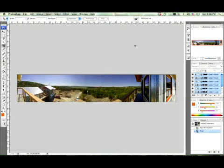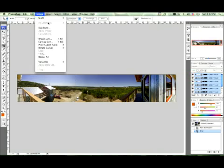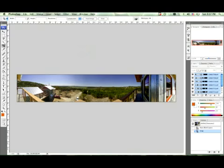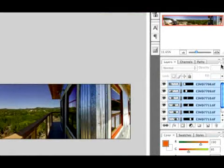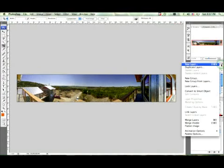Okay, so in this tutorial I'm going to be talking about merging all of these images together, because if we would like to work on this and we go to image adjustment, it's not going to let us. It's not going to let us go in and change colors and curves and all that. So what you're going to have to do is go over here, zoom in on this little triangle that I'm at, click on it, and you want to click on merge